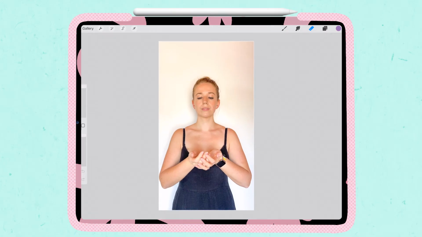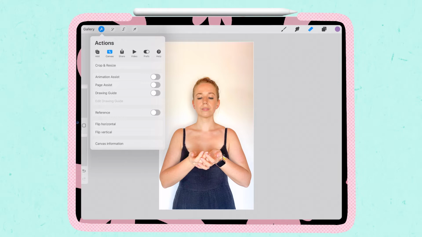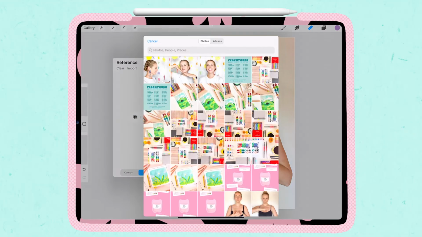I'm going to go for this one because I think I'm going to be able to achieve a photo edit that's a little bit closer to the original Hocus Pocus artwork. I'm also going to add a reference image to my canvas so I have something to refer to. To do this, you go to your settings menu, your canvas settings, and then you're going to turn on reference. When you do your research work in terms of what you want to create as your pose or your character, you should save some of your reference images to your camera roll and then you can import them into